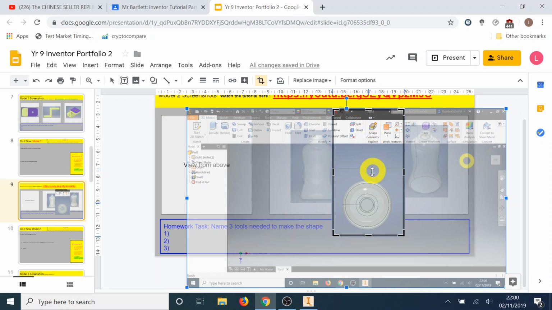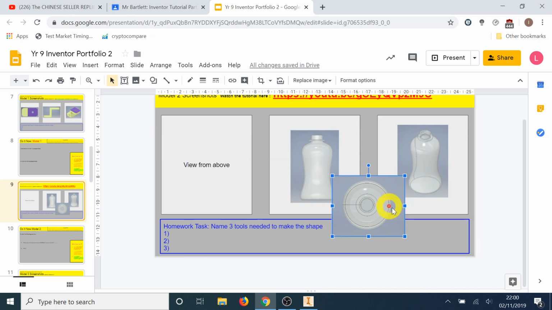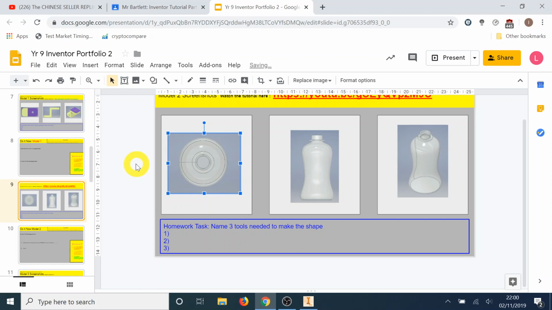Oh, nearly missed it. There we go. Press enter on your keyboard or click off it in the middle of nowhere. There we go. Move the photo, click and drag the photo to move it to the view from above position,